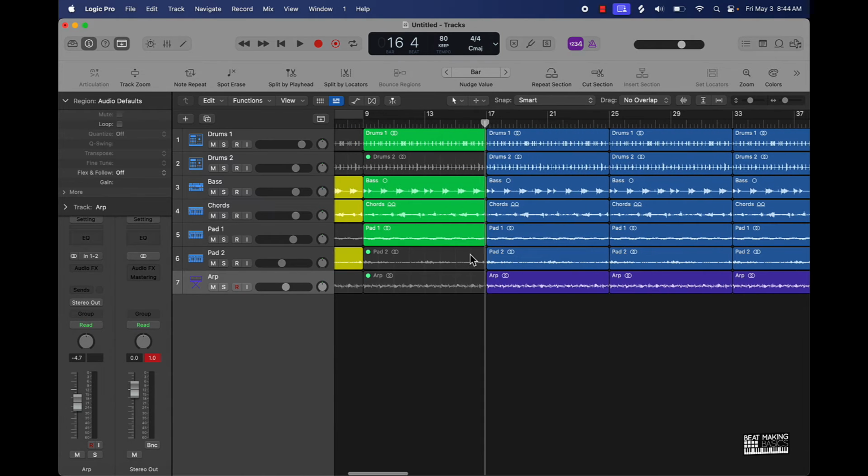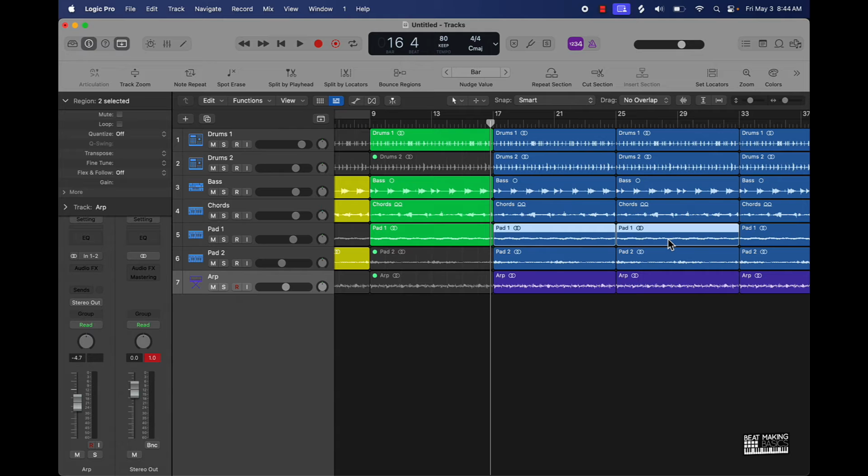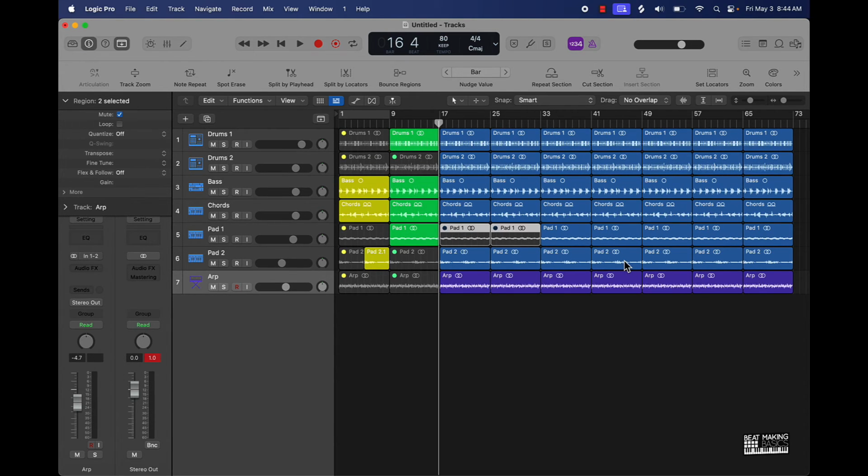Let's start working on the verses here. We want to dumb down some of the stuff. I know for a fact this pad is not going to be in the verses, so I can just immediately mute this out. I also know that I want to go ahead and change the drums at some point, right? So what I could do is alternate these at some point,